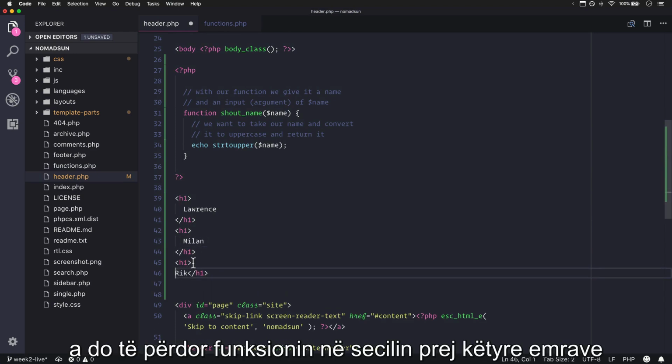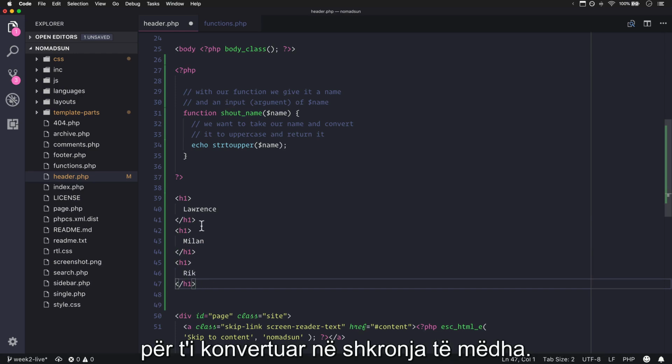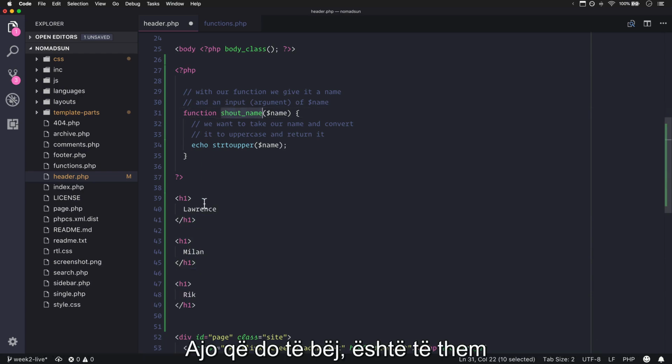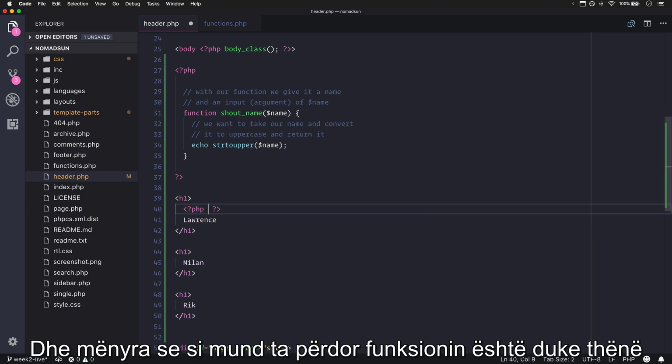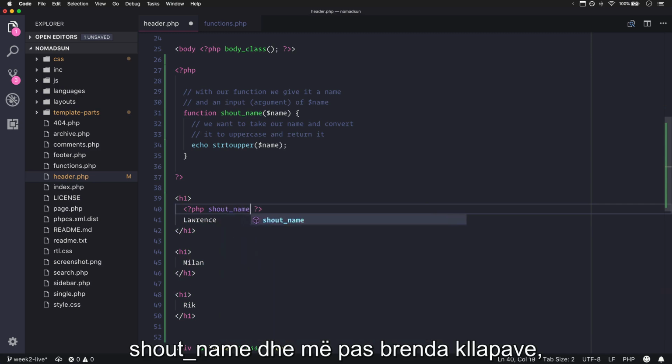I'm going to use the function on each of these names to convert them to uppercase. So I'm going to put PHP, and close that tag. And then the way I can use the function is by saying shout_name, and then inside the brackets,